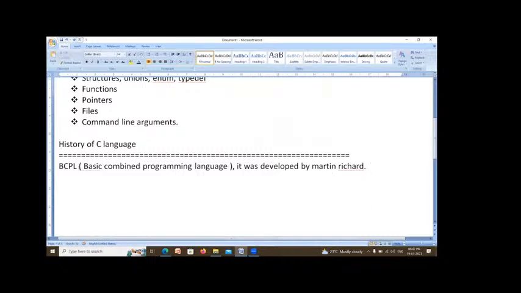At the time of the development of BCPL, there was one operating system called DOS, disk operating system. DOS is a single user operating system, meaning it can support only one user at a time.